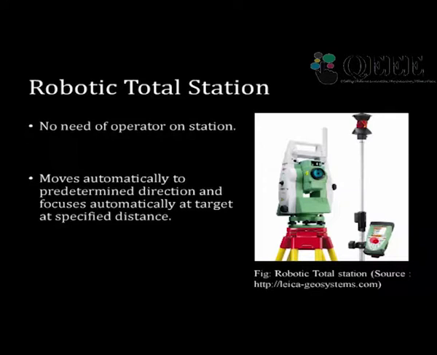So this is the controller. Suppose I am keeping the instrument here and this is my controller. Using this controller, I can control the movement of the total station. I can rotate it such that the total station comes in line with the prism. Once both are in the same line of sight, you can press the button to calculate the vertical and horizontal angles, and the slope distance can be calculated. Ideally only one person is sufficient, at the target point.